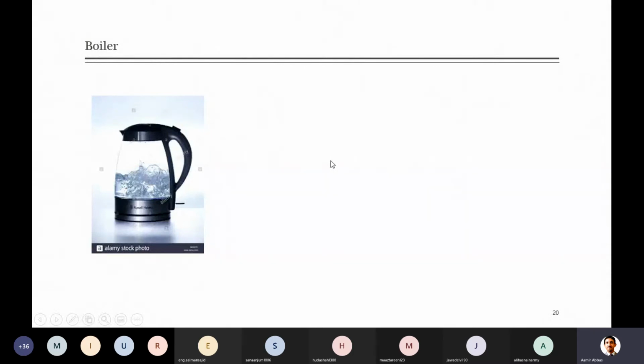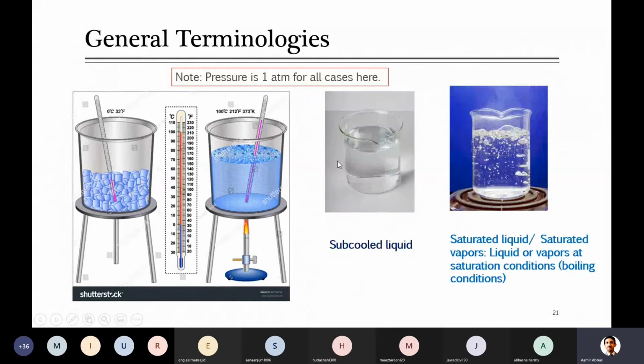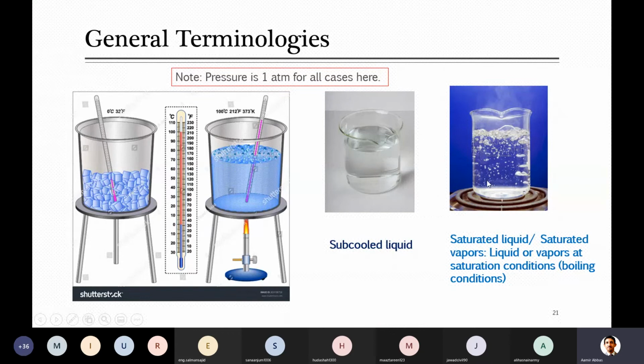So now they are already in the vapor phase, available at 100 degrees C and 1 atm. When I start heating them further, what will happen? Will their temperature increase or not? No, sir. There were vapors, already available at 100 degrees C. So now any addition of heat to those vapors will increase their temperature, and then we call them superheated vapor. Guys, why is someone saying no?